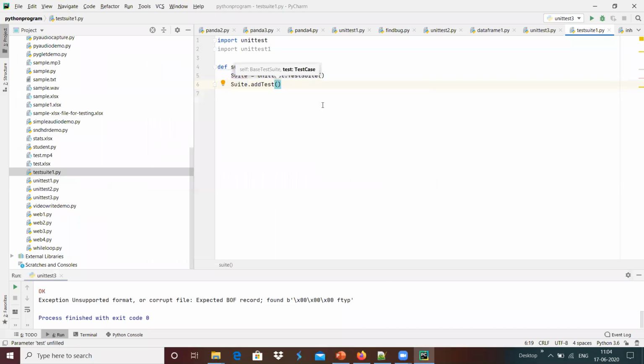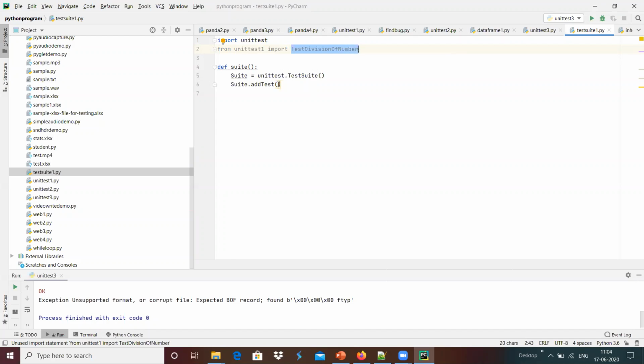Inside that, we add the class from unit test 1, import TestDivisionNumber over here.